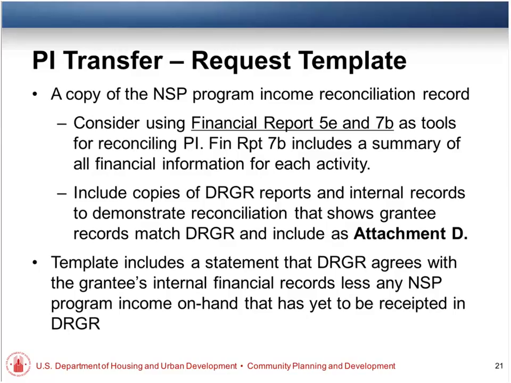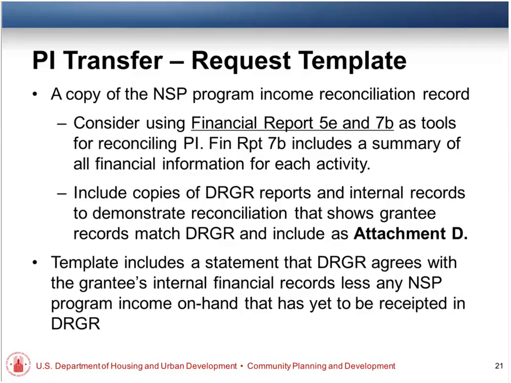And this is a gem of a report. Everybody who works in DRGR loves this because it breaks out each and every activity. It provides you with the budget for that activity, the obligated amount, the grant funds that have been drawn, the program income that's been drawn, the program income that's been receipted, and then also the amount of expenditures that you've reported in your QPR. So it gives you a really nice picture of everything related to the finances of that